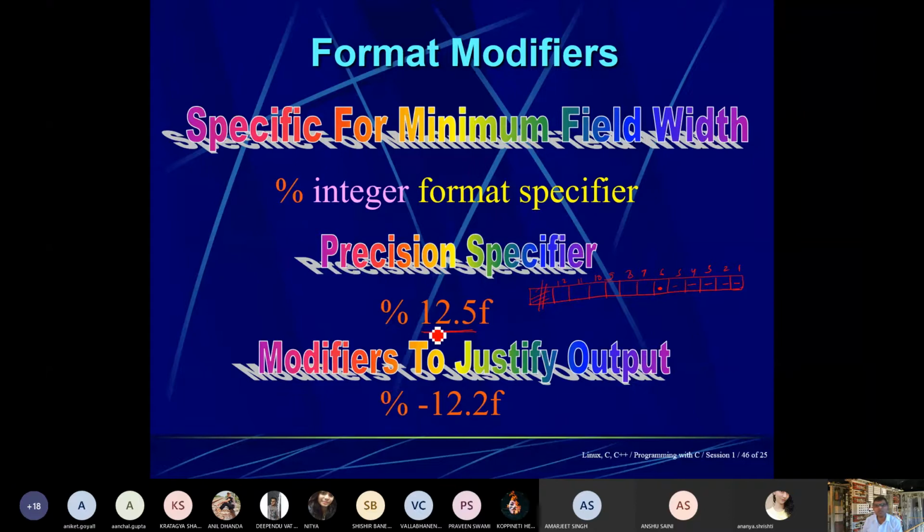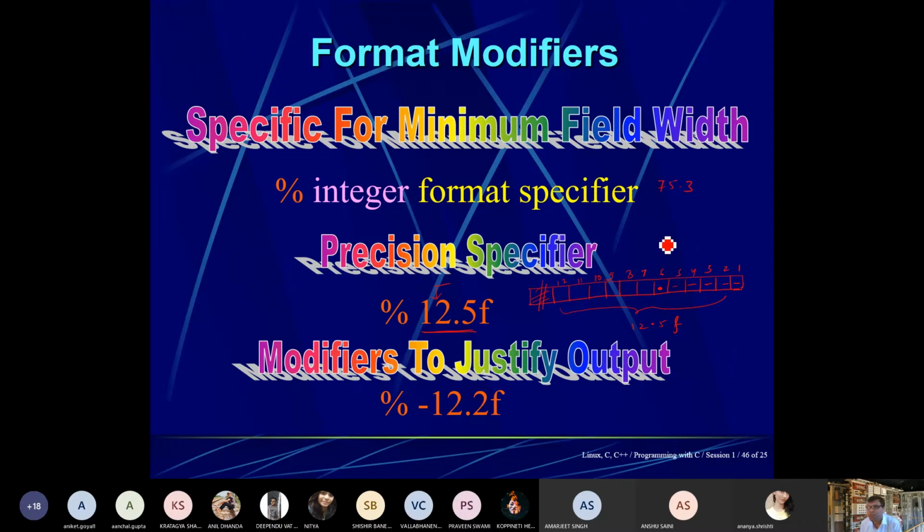So this specifier says that whatever you write is always right justified, and the total width is 12, including the 5 places of decimal and the decimal point. This is your %12.5f. Suppose you want to write 75.3.